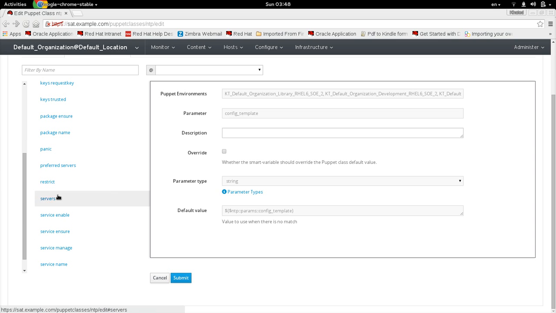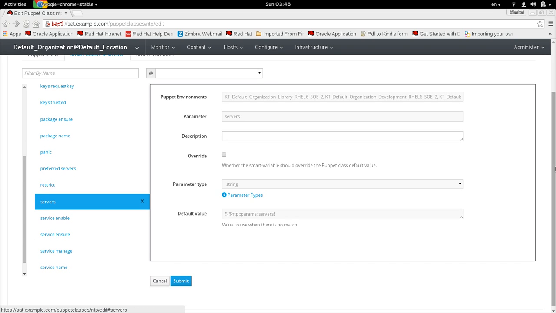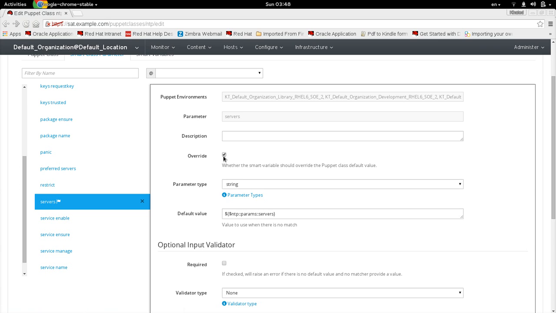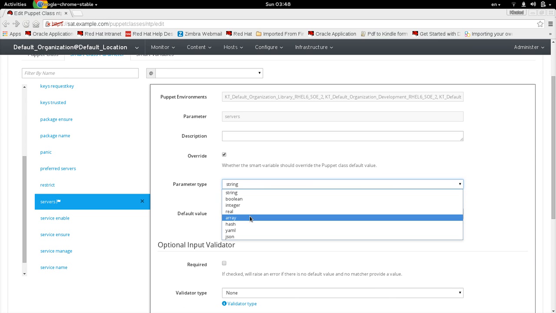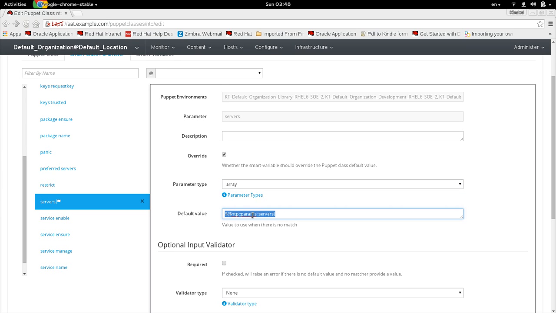Let's say we want to change our NTP servers. First we need to allow override, and this won't be a string, it will be an array. It's actually YAML syntax, so I will use 0